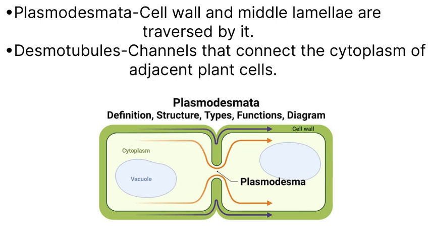These plasmodesmata are tiny channels with a bridge-like structure that pass through the cell walls of the plant cell, connecting the cytoplasm of one cell to another cell. That allows communication and transport directly between the cells. Your NCERT says that the cell wall and middle lamella are traversed by the plasmodesmata, which connect the cytoplasm of